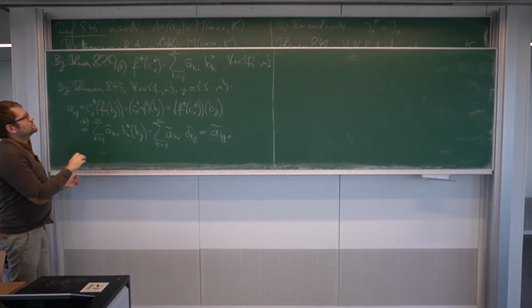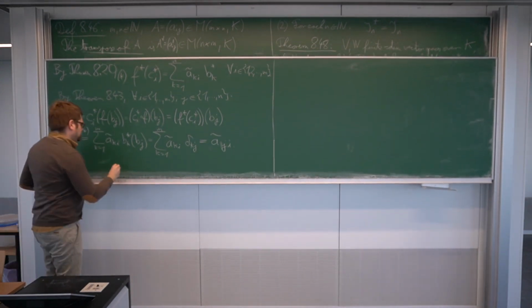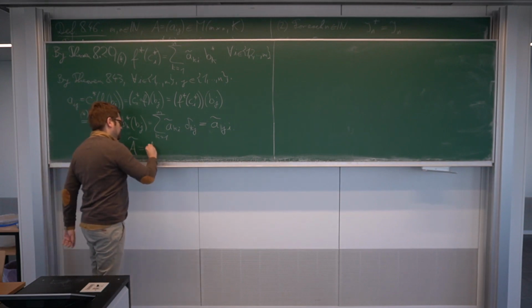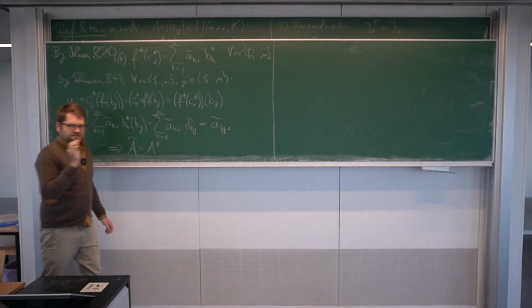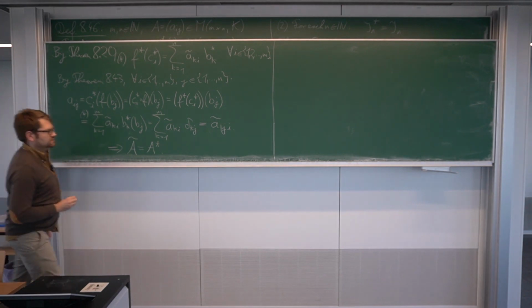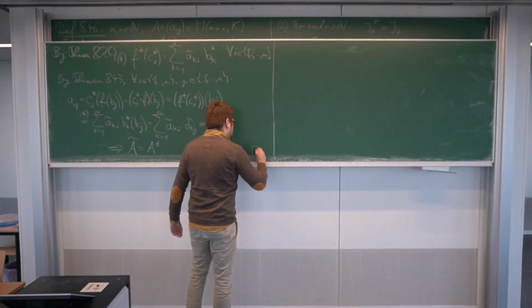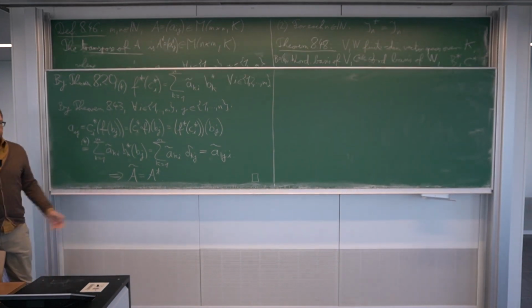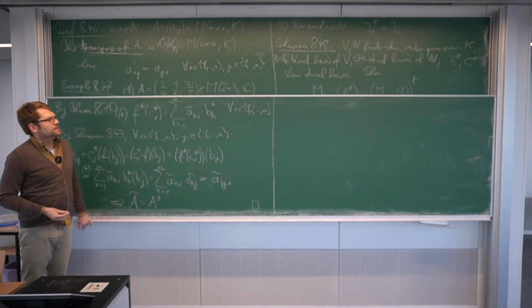Just the indices the other way around than there. But this implies that A tilde must be the transpose of A, and this is precisely what we wanted to show. These are the two matrices that are computed here. So this is just an explicit computation of just inserting things and juggling the dual spaces correctly. Okay, now,